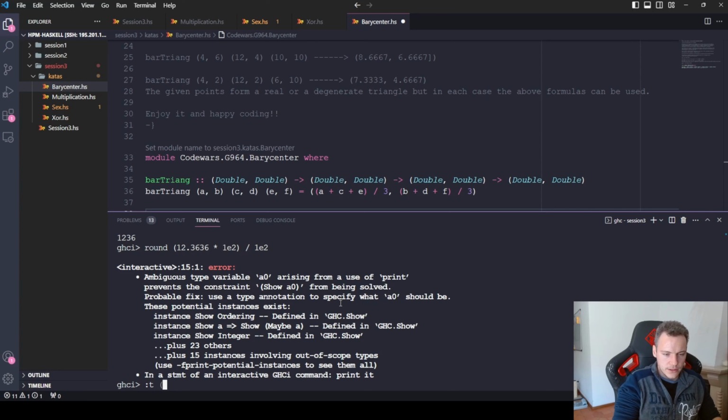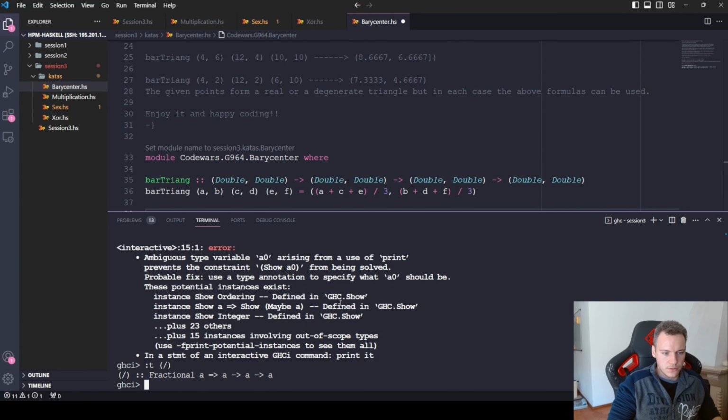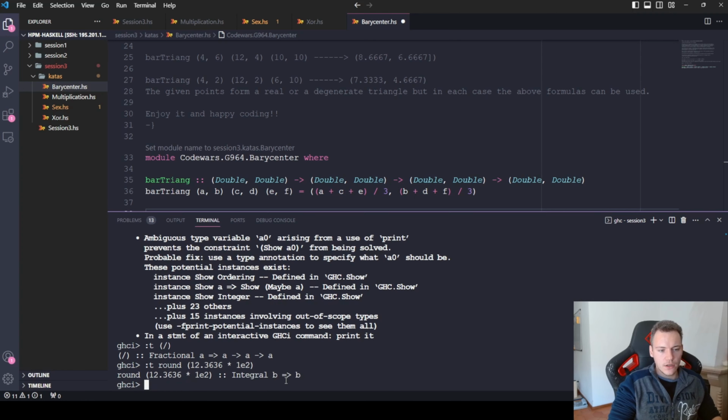So basically the division operator works with the fractional type class of a. If we check the type of round, this is an integral, right? So it's just that the types don't match. So what we need to do, we can still do it. We just need to use this method called